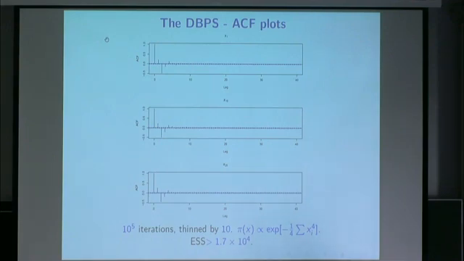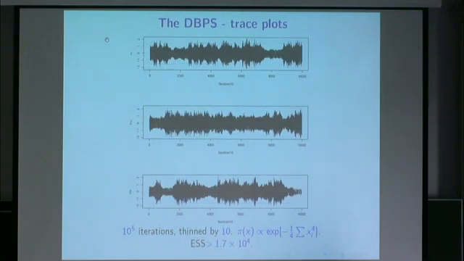And it looks great. I've thinned it by 10, and the effective sample size is bigger than the actual size of the sample I'm looking at, and it would even be if I hadn't thinned it. So this seems great, but actually, if you look at the trace plots, they're awful. This is because the velocity sometimes can take ages to mix across, and sometimes it actually doesn't mix across the whole unit sphere, so you get a reducible algorithm.